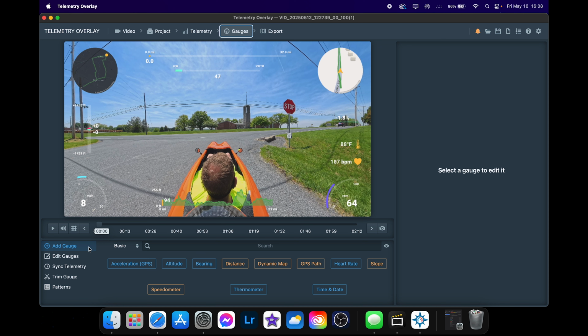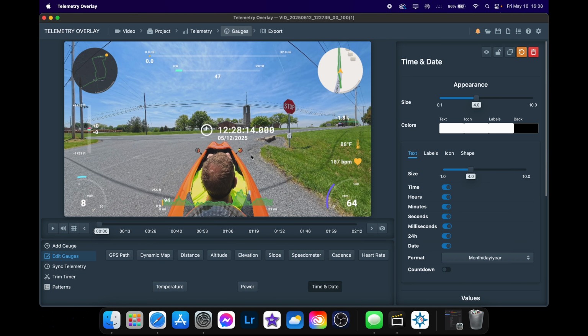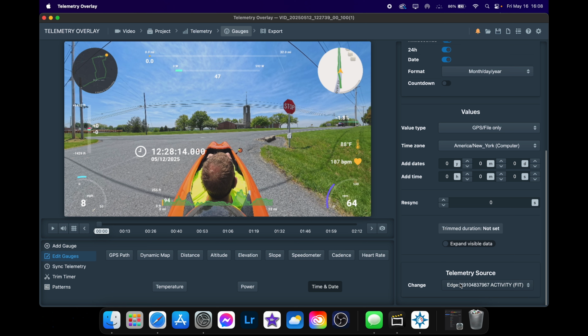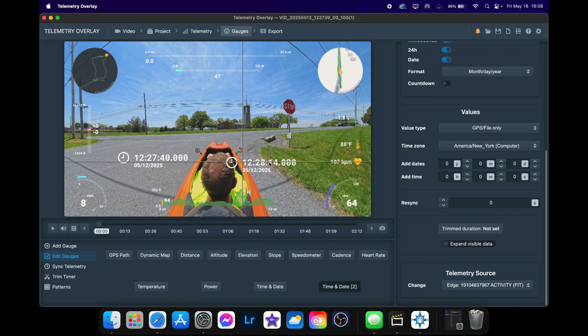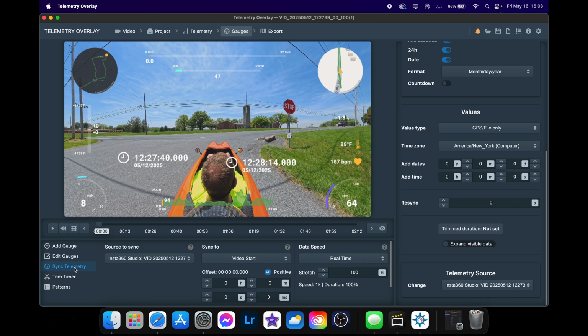So how you would do it is you would add a gauge, date and time, and you bring this time down here, and you select the value for the Insta360 Studio GPX file. And you add another time and date gauge, add a repeated gauge, put it here, and you would select the telemetry source as the Edge. So then you would go back to the Insta360 one, sync telemetry, make sure it's the Insta360 Studio GPX file